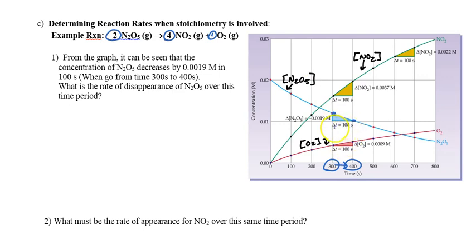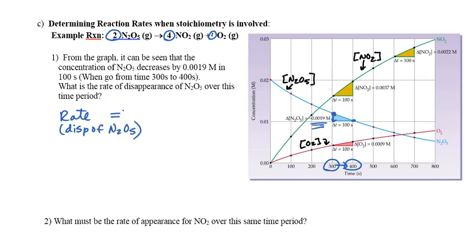And that time is 100 seconds, and they're saying that that decrease going down from here to here is negative 0.0019 molar. So that's what it's telling you on the graph. So we don't have to calculate. It's kind of already been calculated for us. So we're doing the rate, and this is going to be for the disappearance of N2O5